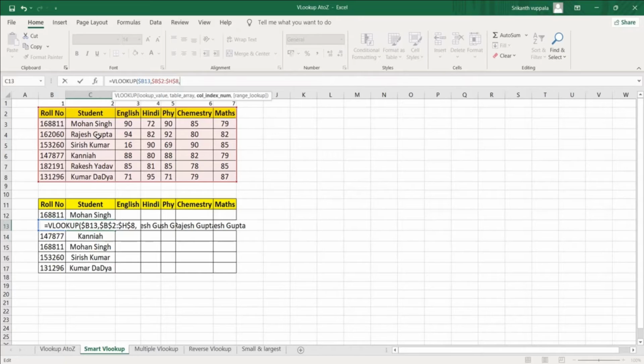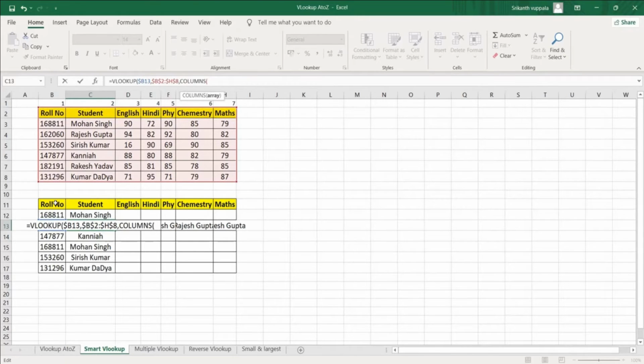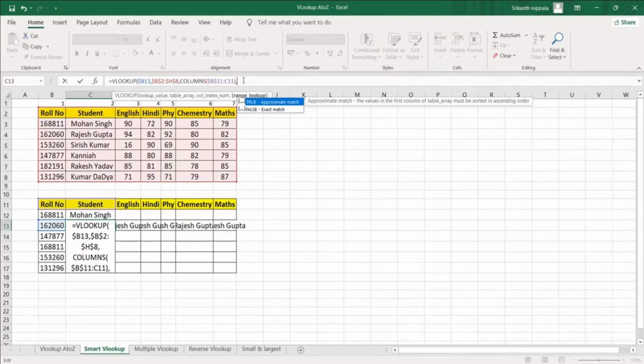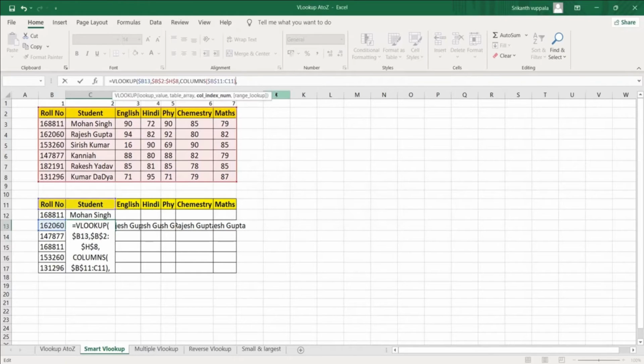Column number 2. But instead of using column number 2, I will use the COLUMN formula. Give this cell reference and lock it with F4. Close the bracket, comma, false. Select this, close the bracket and hit enter.